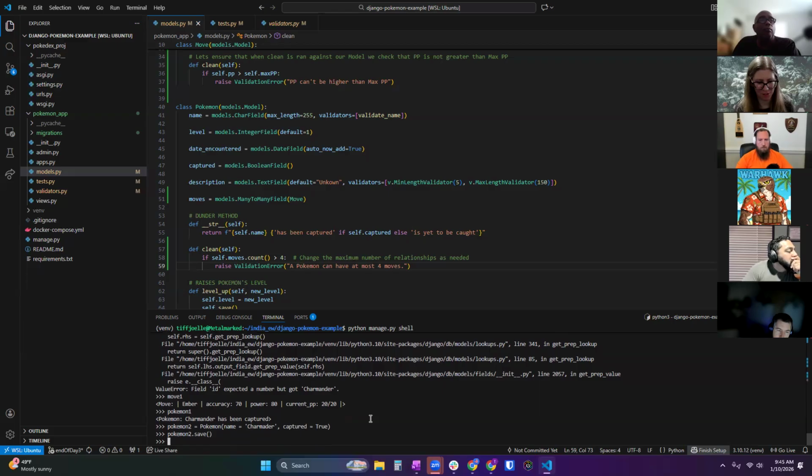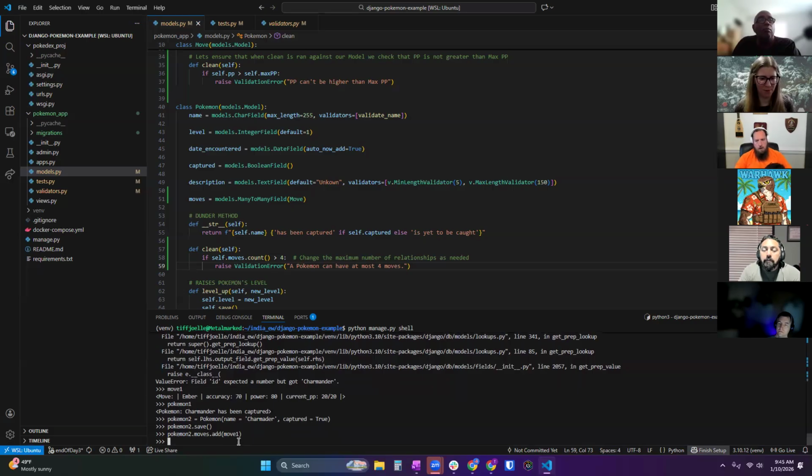That is probably structured correctly. There we go. I messed it up the first time because I didn't do name equals Charmander, and I had to go back and try to fix that, but it made Charmander the ID. Now we can say Pokemon 2 dot moves dot add, that was move 1.